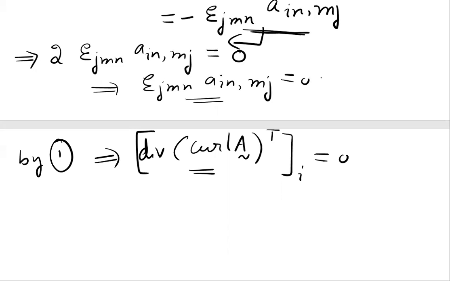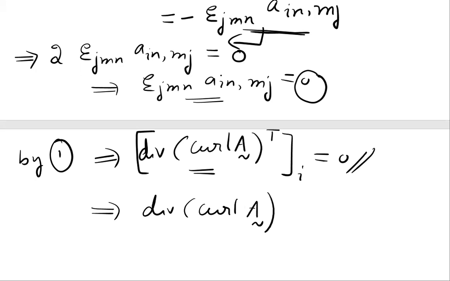Since this is 0, this is also 0. Whenever the components are 0, the corresponding vector is also 0. So divergence curl A whole transpose is 0. Hence the identity. Very nice proof. Okay guys,